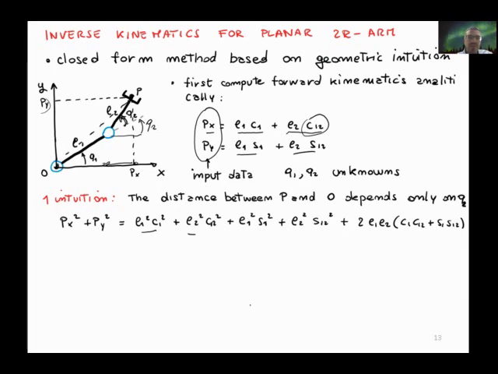Plus, we have the double product of these two. And if we look at this, we can collect these two, and we have, in essence, L1 squared, because cosine 1 squared plus sine 1 squared is 1. And if we collect the other two, we have L2 squared. When we put these two terms on the left,